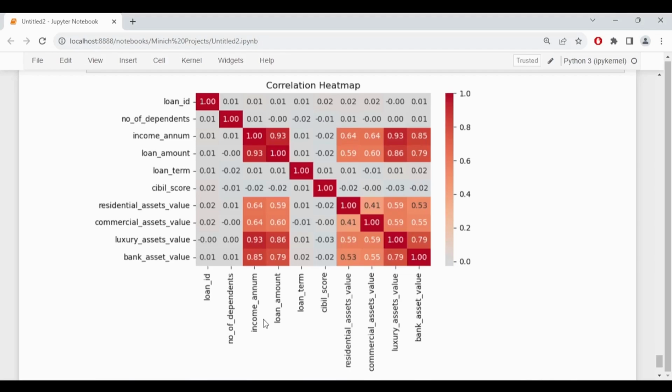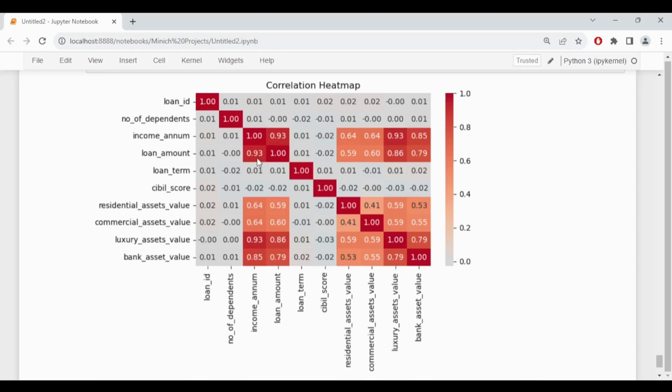The important types of correlations that we will be assessing, the first one is in terms of income and loan amount. The correlation between income and the loan amount is 0.93. It's a strong correlation, meaning that if income increases,